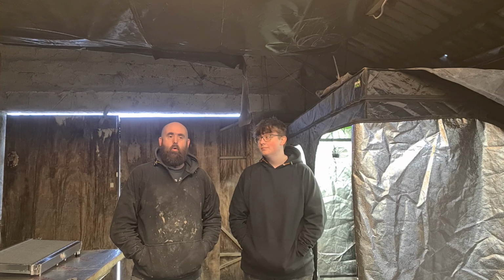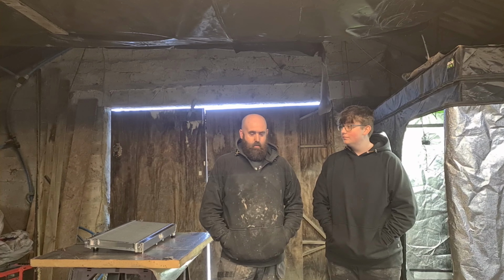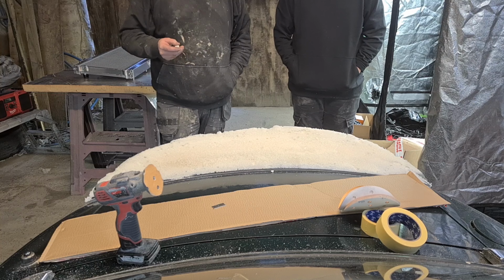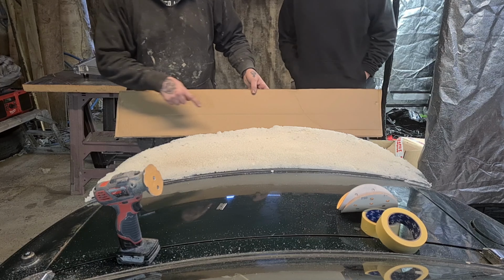This is part 4 for Mason's fiberglass spoiler build. So what we'll do is move the camera around a minute and show you where we're at the moment. We're going to do a bit of final shaping, front and back, and then we'll get the fiberglass out and show you what you need and what you've got to do. Here we go. Right, what we're going to do now is get this bit of cardboard,